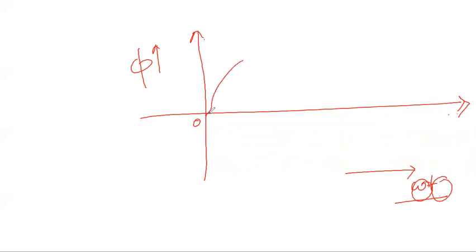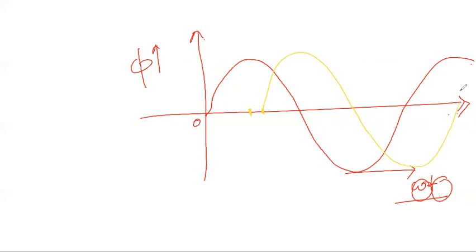So if I want to find out the instantaneous value of flux produced, I'll go for the R phase first. Next, I want to find out the Y phase. You will be having a 120-degree phase shift. This is 90 degrees, and somewhere around here you will have the 120-degree phase shift. So this is 120 degrees. And next, I want to find out the B phase. Again, 120 degrees from Y phase, or from R phase it is 240 degrees. So this one is the B phase. These are the R phase, Y phase and B phase.